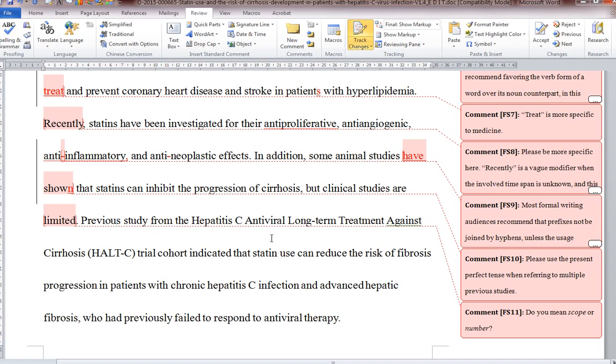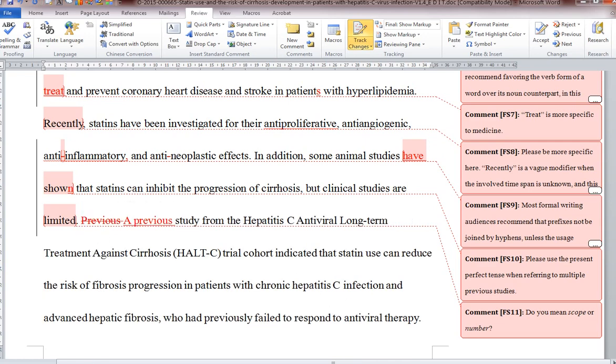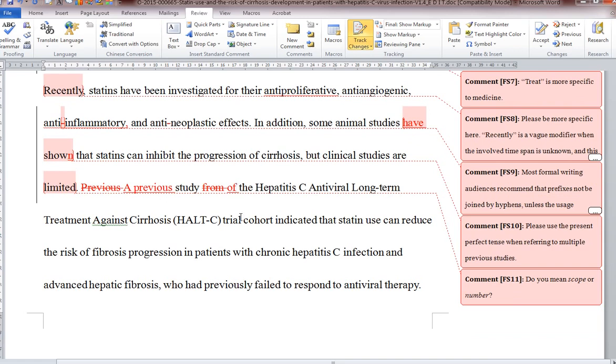Okay, previous study from. This is problematic already because study can be non-countable, but in this instance it's clearly countable. Okay, I'm thinking with study, taking a look at the rest of it, I think they do mean a previous study rather than previous studies. Okay, from the hepatitis C trial cohort, I'm going to use of here. Okay,